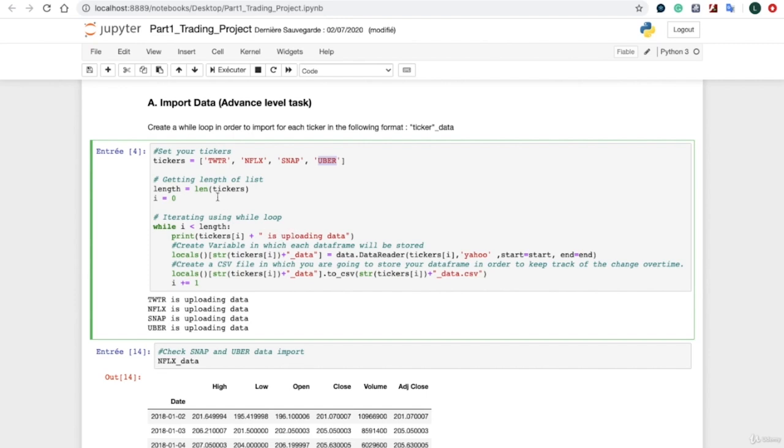For instance, that's going to start with TWTR is uploading data, then Netflix is uploading data, Snap is uploading data, and Uber is uploading data. Right here, because we have only 4 tickers, the loop is quite fast, but let's say you have 50 stock shares to download or to query, that can take a tremendous amount of time, mainly if the date range is quite big, quite massive. Okay,